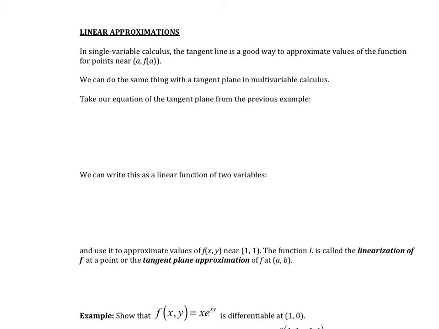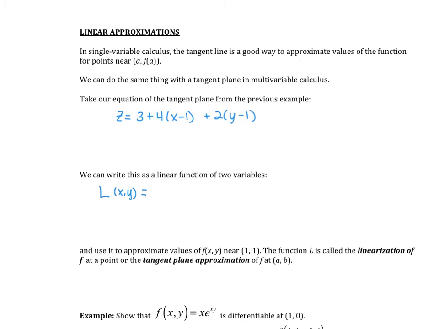Now, when we talk about linear approximations, or local linearization, as we called it in 2-space: in single variable calculus, the tangent line is a great way to approximate values, and the same is true with the tangent plane in multivariable calculus. So if we look at our tangent plane from the last example, we had z equals 3 plus 4 times x minus 1 plus 2 times y minus 1. We're going to go with that form. And if we look at that as it relates to the function of two variables, we would say that the linearization,